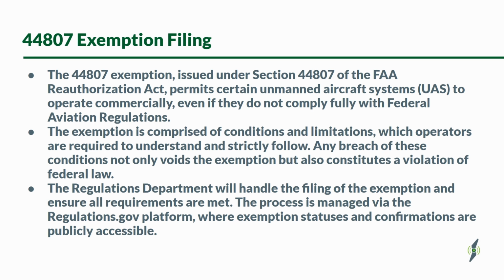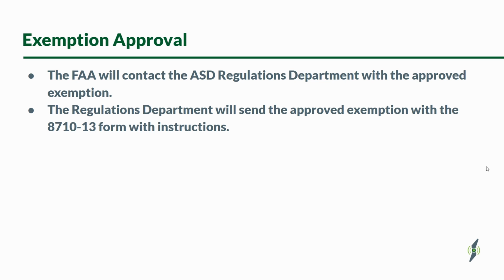However, there are some caveats: you must not have knowledge that you cannot acquire a third-class medical. So if you know that you have some prohibiting conditions, whatever those may be, you are excluded from that. But if you do have your third-class medical, you can fly at night without a visual observer, and take advantage of all 47 of those conditions and limitations. So that's what the exemption process looks like at the beginning. And then once we get to the approval,